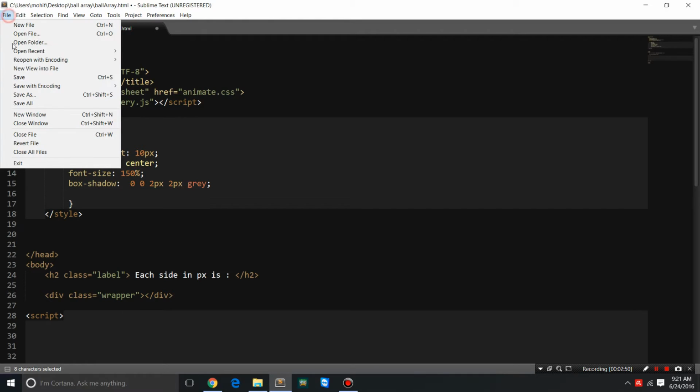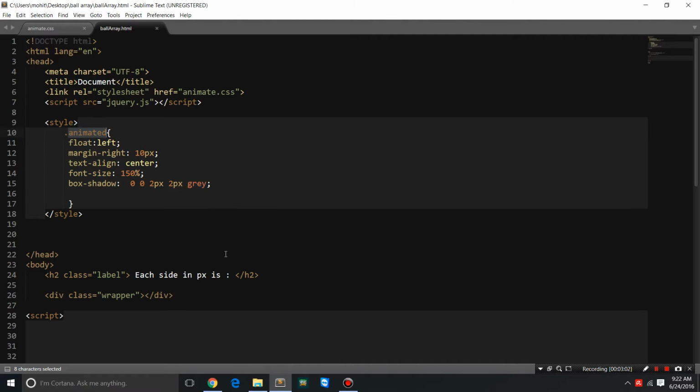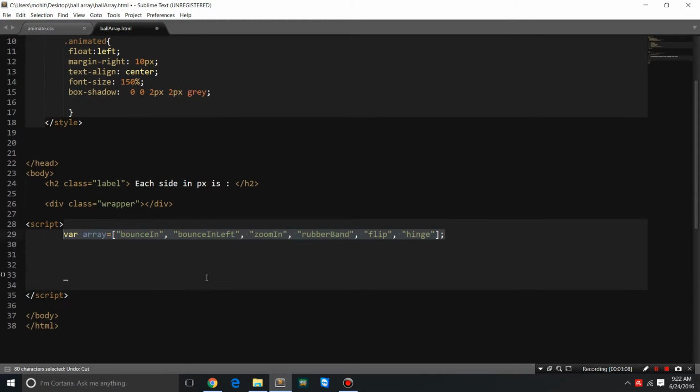If at this point I save the document and refresh, obviously all that you will see is the h2 element which says "each side in pixels is" nothing. Okay, so far so good. I hope everything is just fine. Next, guys, in the opening and closing script tags right at the bottom of the page, just before the body actually ends,